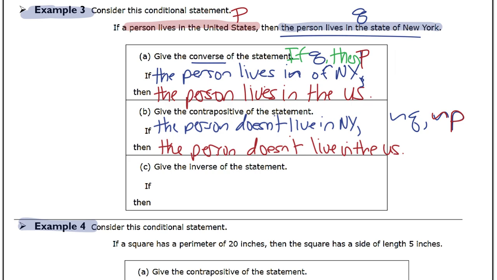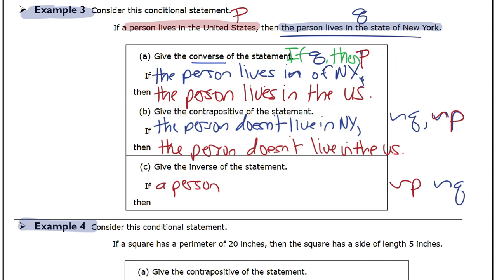So then, one more. Giving the inverse is just saying, well, we're going to take not P, not Q. So again, this will be not P. We're keeping the same order and not Q. So whatever was first, we're just saying the opposite of this and then the opposite of this. We keep the order for inverse the same. So in this case, I have a person